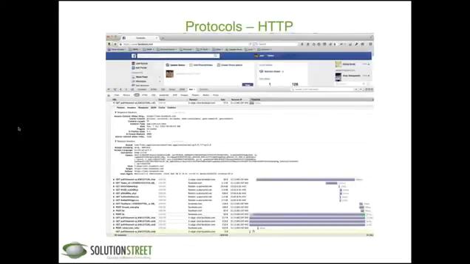HTTP, we'll come to this more often, but everything's over HTTP now. Used to be 5-10 years ago, we had a million different protocols. Now pretty much everything is HTTP. So if you have Firebug, it's great. Fire up a web page, turn on Firebug, and you can just watch all the traffic. Google Tools does the same thing for you Google people.